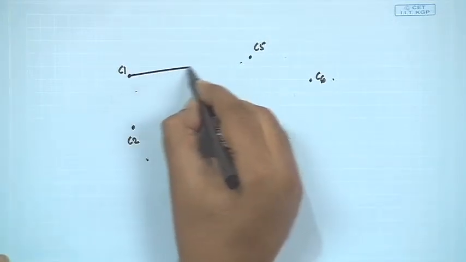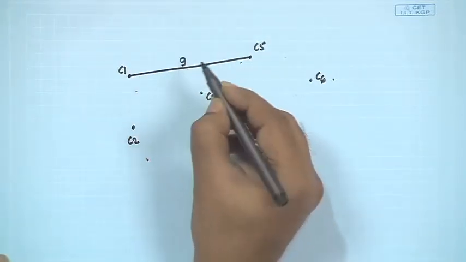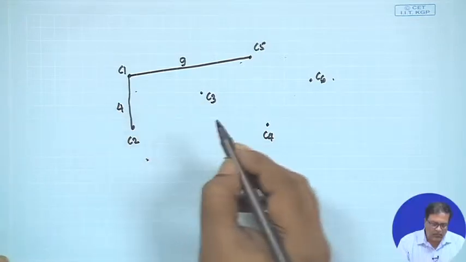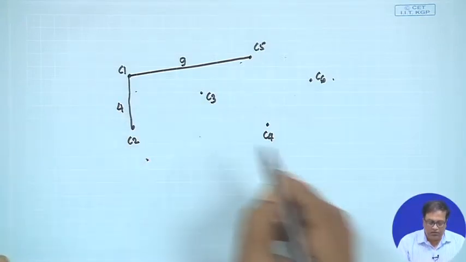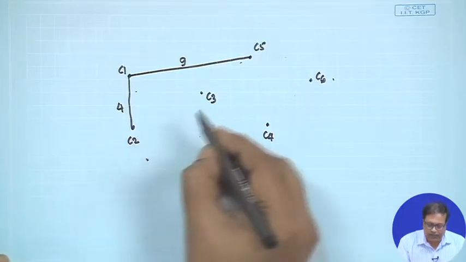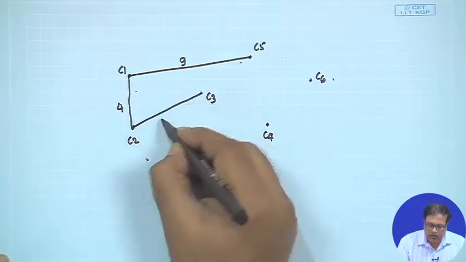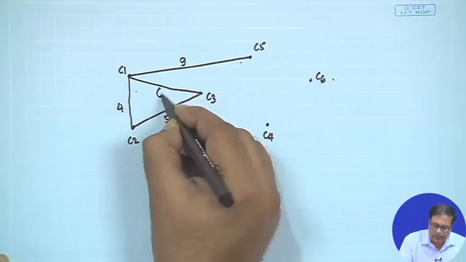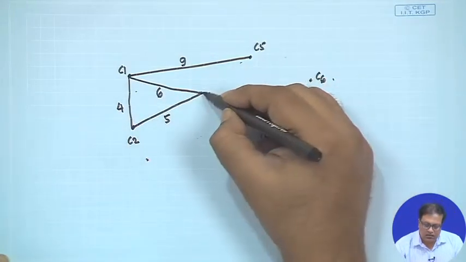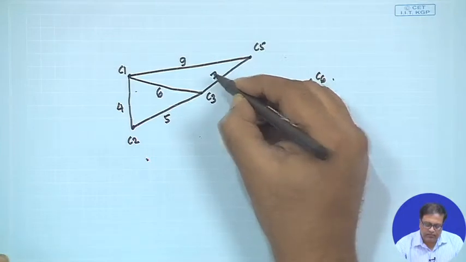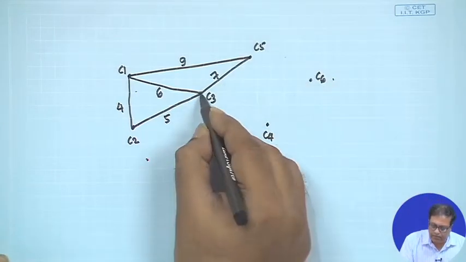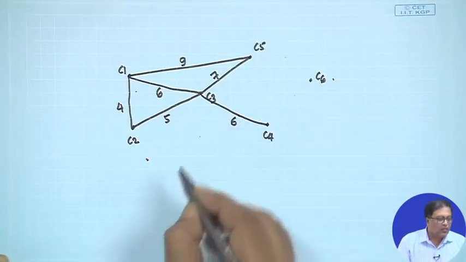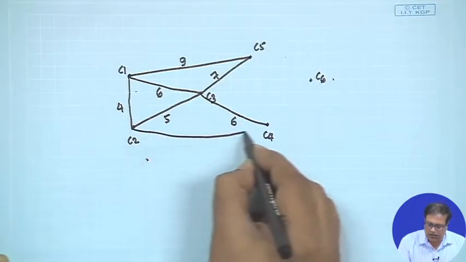Now, these are the connections, this is 9, this is 4, then C2 to C4, C2 to C3, that is 5, this is 6, this is 7, this one is 6, and this one is 8,